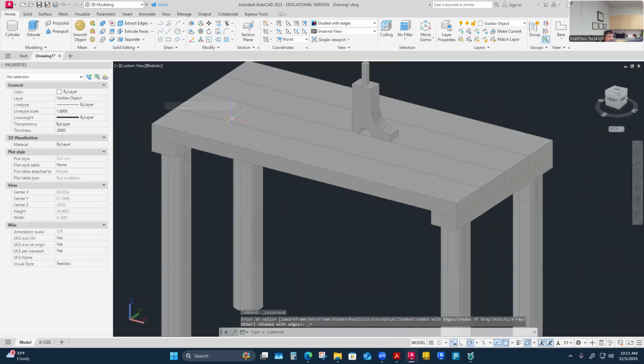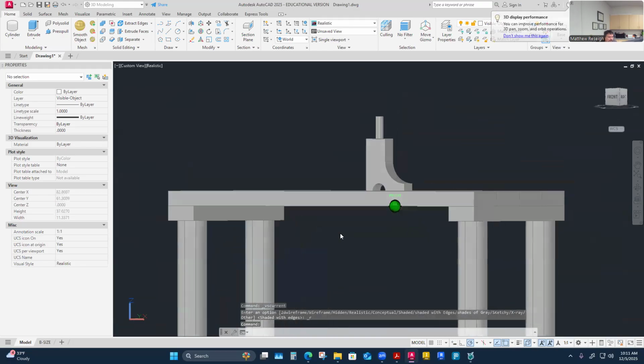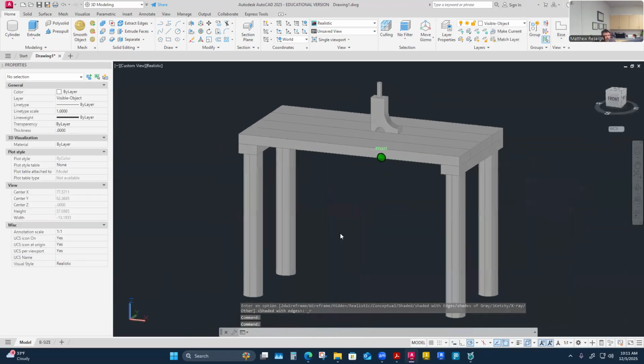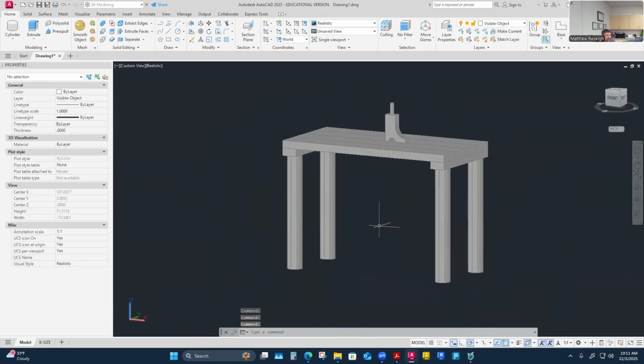And I think realistic does a pretty decent job of that too. Maybe they're just a little more subtle, where the shaded with edges is a pretty vibrant edge. But either way, that's the finished Das Boot on table. And then